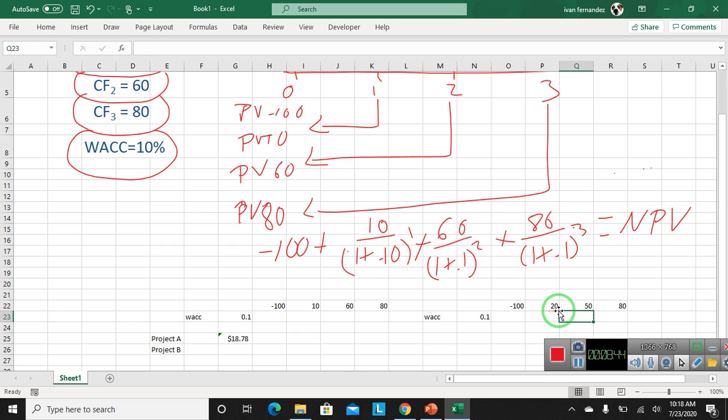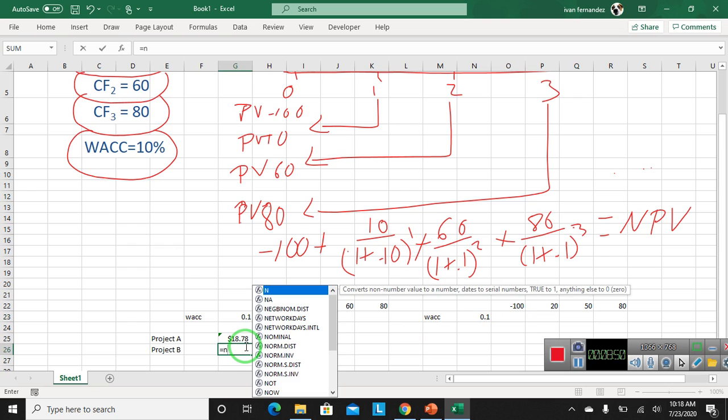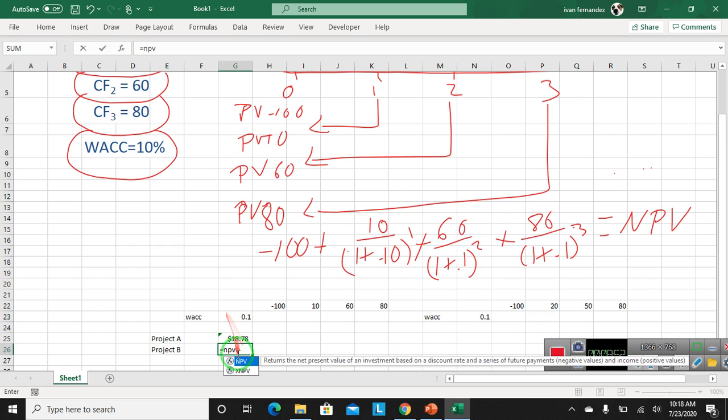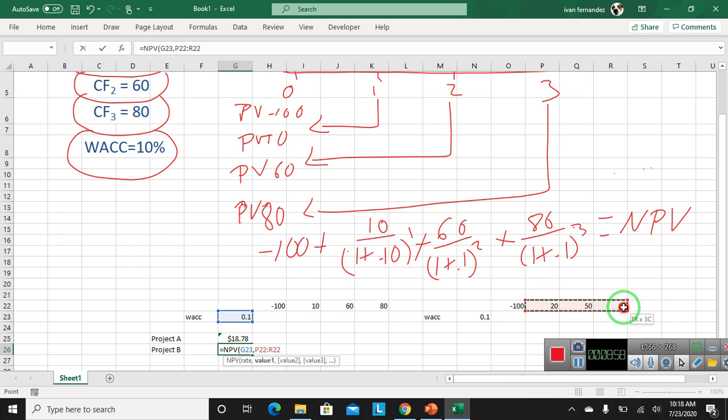Okay, I just changed the numbers a little bit there, right? So let's find the NPV of this new project. Right? The rate is the same, comma, these are the new payments, close the parentheses, minus the initial outlay of cash,